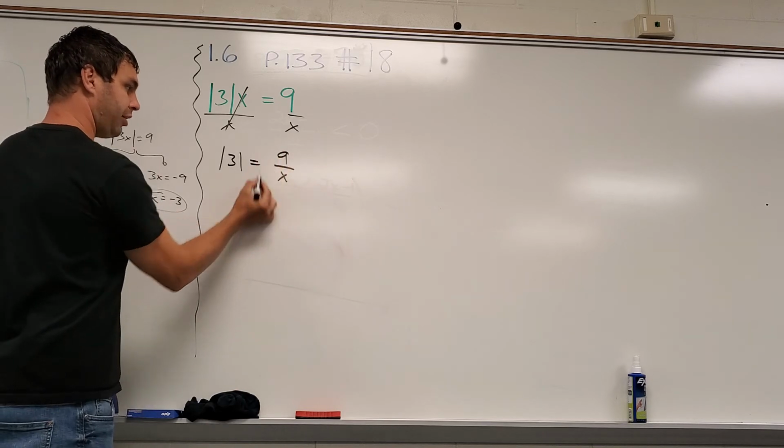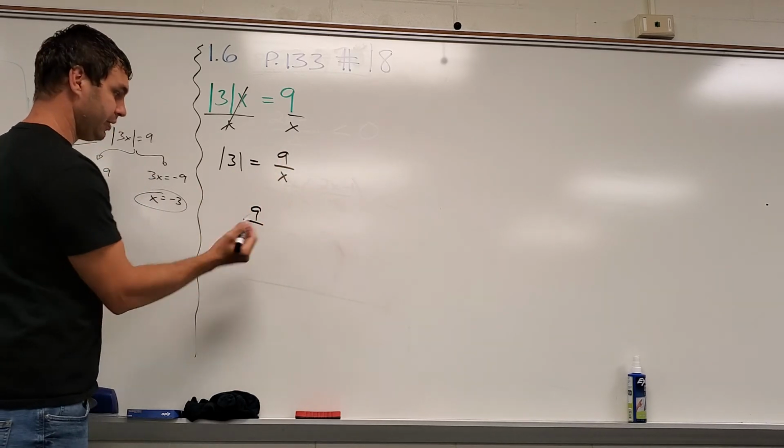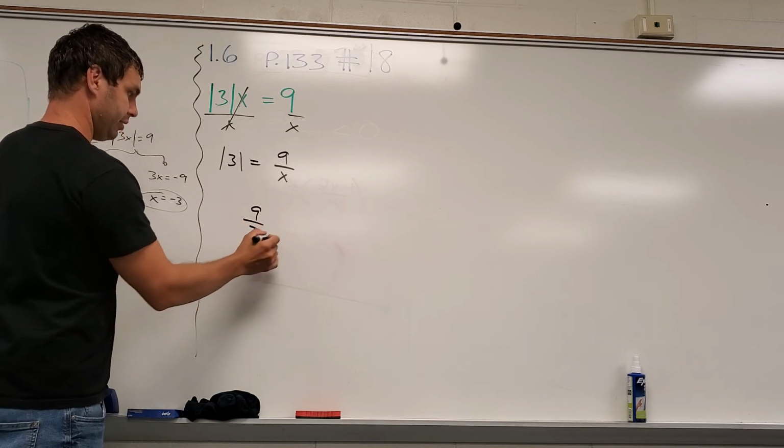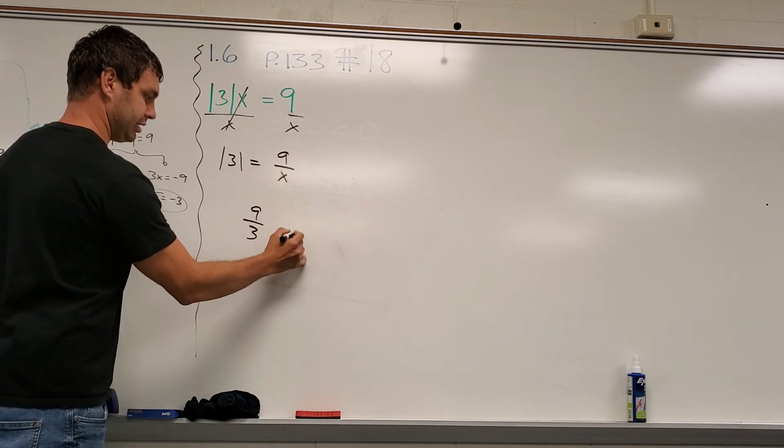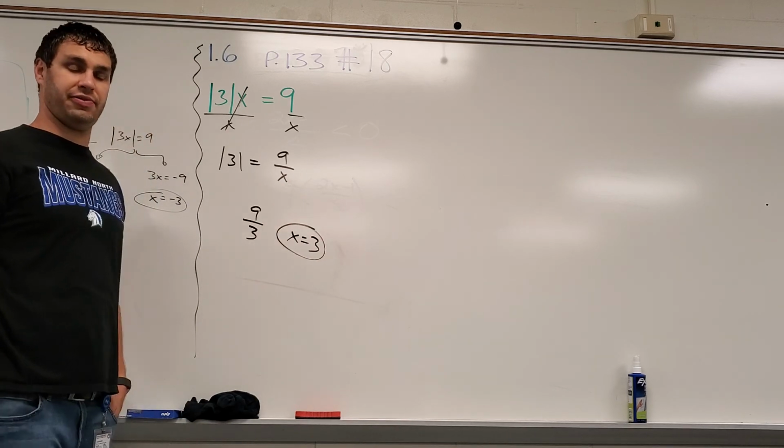And the only value that would work here, well, 9 divided by what gives me the positive 3? 9 divided by 3. Okay, so in this case, if I replace the x with 3, then the only way this works is if x equals